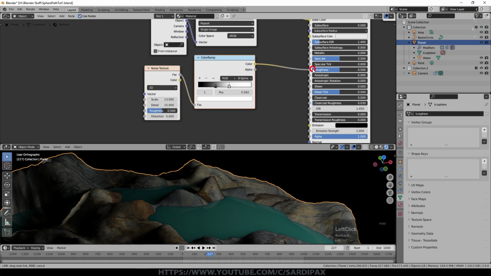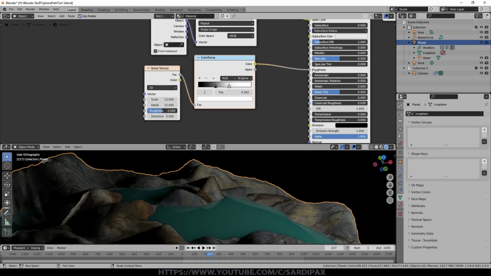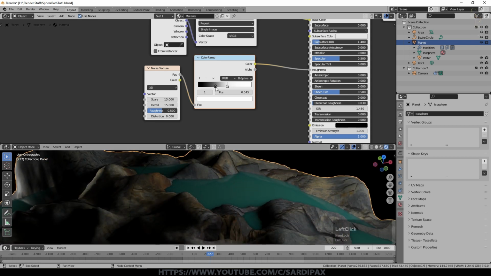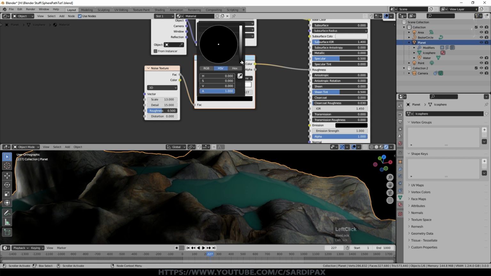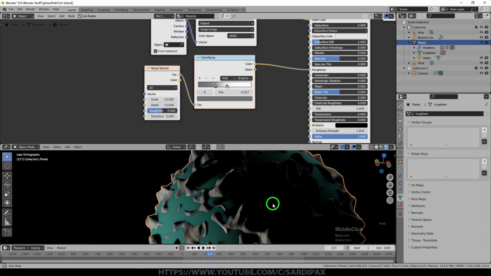And I used that to affect the roughness of my rock, so it's not always the same level of shininess essentially. There'll be shinier areas and less shiny areas now. The other thing I did was that I set the lower end, which essentially would be the most shiny part, not to black, because otherwise that's almost a mirror-like shine for those areas. So I'm going to change this to a sort of mid-grey, and that just makes sure we haven't got any mirror shiny elements to the rock, but we have variations in the shininess.